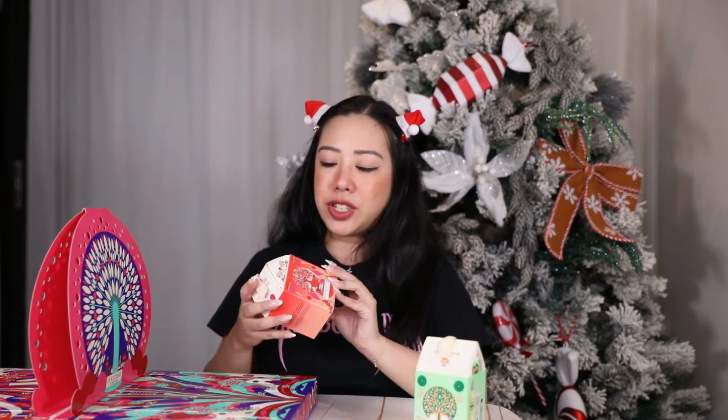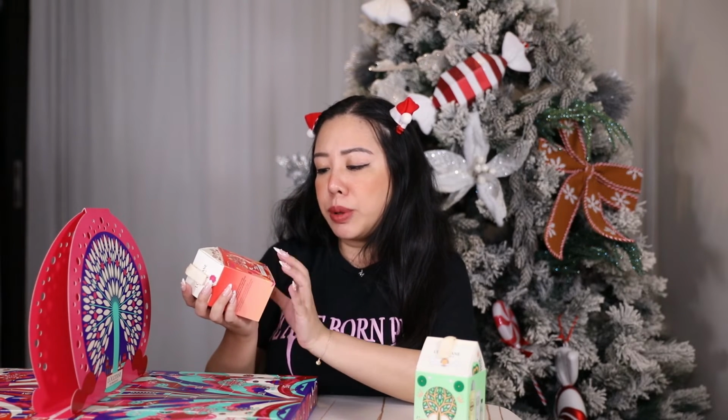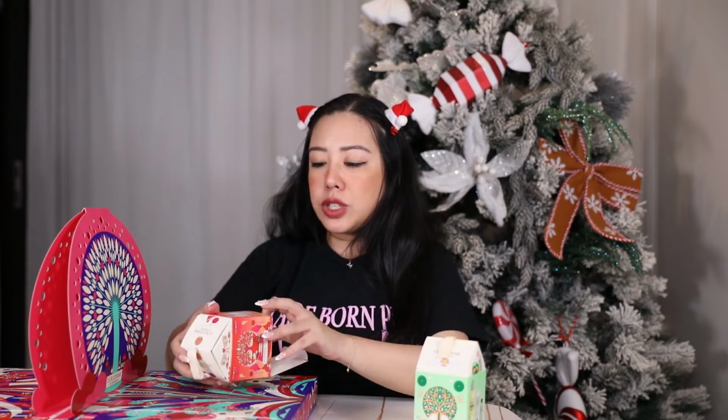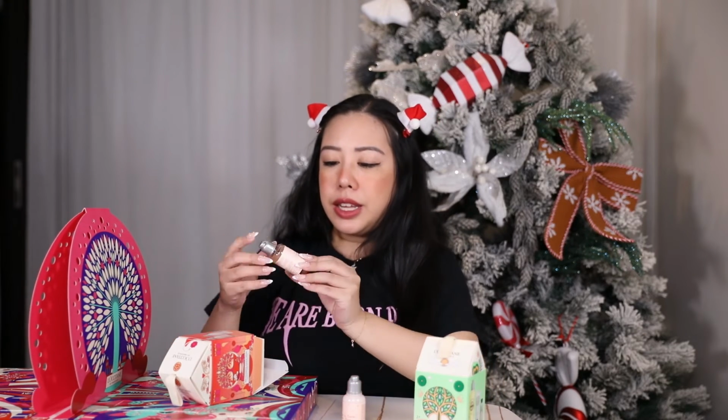So as promised, we will be unpacking the little baubles as well. These are also part of the holiday range. So the first one is called the Mon Trio Essential Cherry Blossom Trio. Now there should be 3 products in here. We have the Cherry Blossom Shimmering Lotion, the Cherry Blossom Bath and Shower Gel, which we